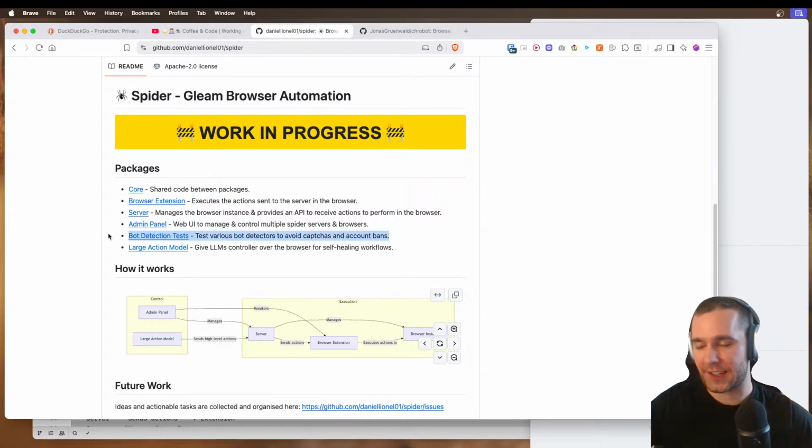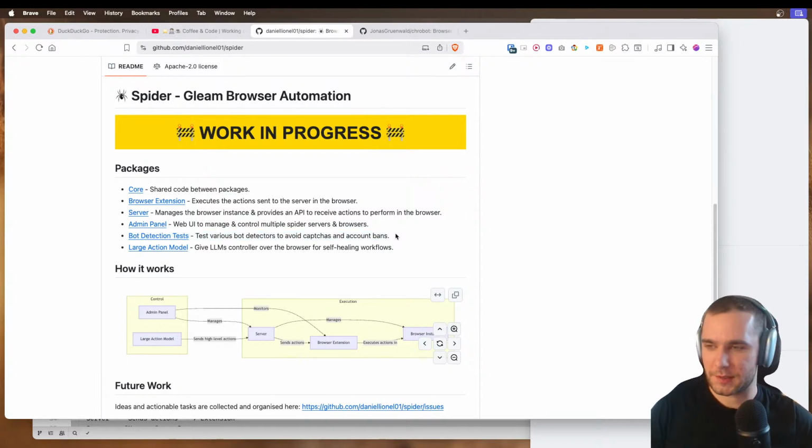And I could have done a PhD or thesis on this topic with the amount of research I've done, which we'll slowly implement over the coming weeks for this library once we have